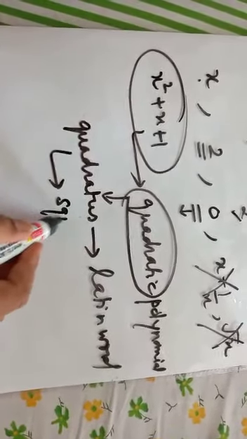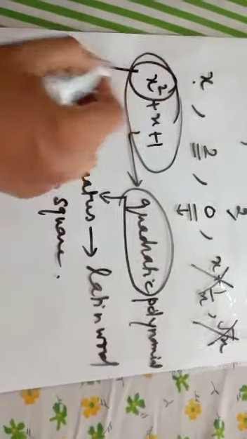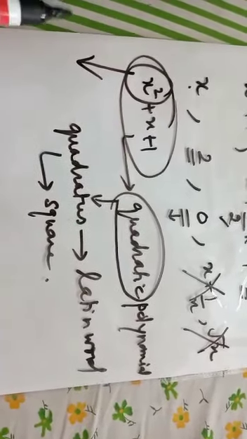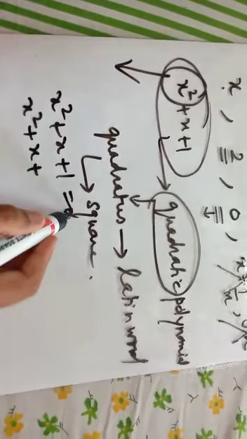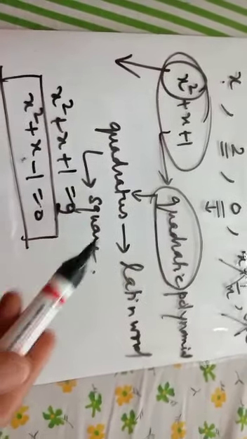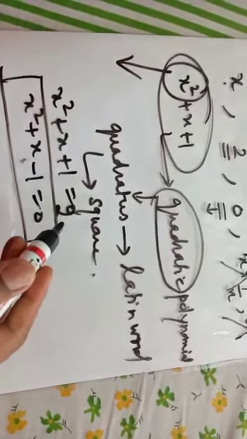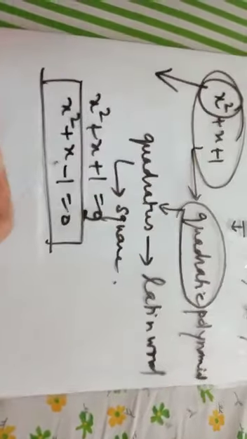Quadratus. This is a Latin word. And what is its meaning? The meaning is square. So I can see a squared term here, and this is the reason this quadratic polynomial is called quadratic. Now if I equate this to 0, maybe any other constant, suppose I equate it to 2, then it becomes x square plus x minus 1 is equal to 0. So you can equate it to any constant, any number, any variable. Whatever you equate it to, the final answer has to come in this form.